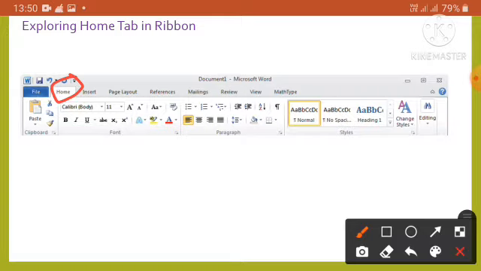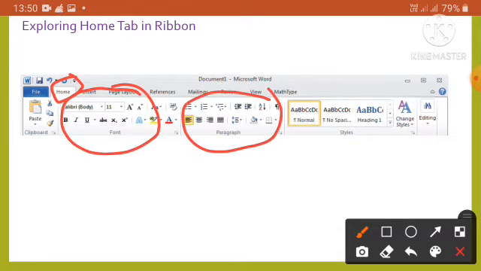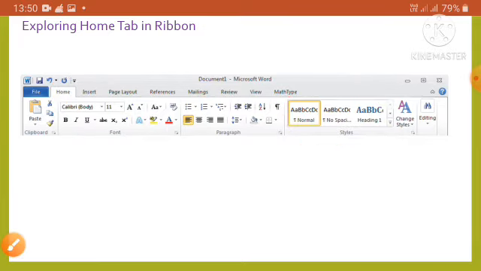Here is the font type, here is the paragraph, here is the style. These commands are clubbed together to form groups, and these groups are further clubbed to form tabs. This is the Home tab in MS Word 2010, as shown in this figure.